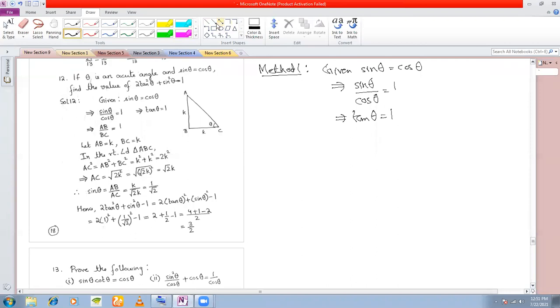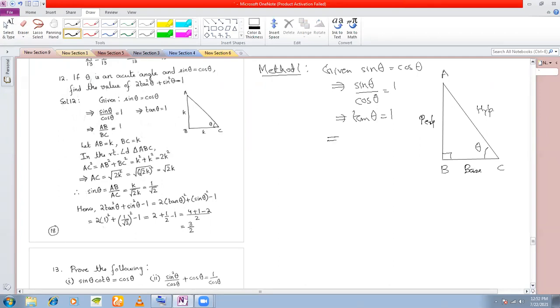So now we draw the right angle triangle. Take angle B as 90 degree. So this obviously becomes your hypotenuse. Okay, and you can take this angle as your theta. You can take this angle also, no problem. Any angle you can take. If you take the other angle, then obviously BC will be a perpendicular. But since I've taken angle C as theta, this will be a perpendicular, and this will be a base.